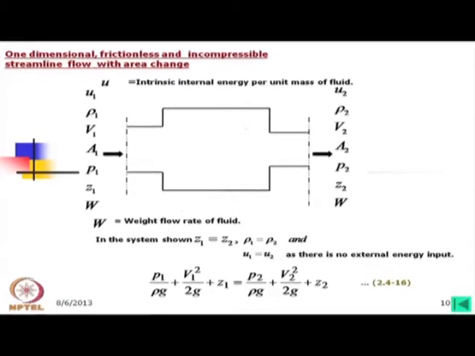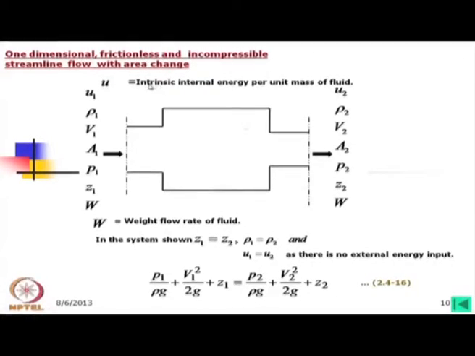Now, let us consider one dimensional frictionless and incompressible streamline flow with area change. Now, in this case again we have considered a conduit which is having inlet area A1, outlet area A2. In this closed vessel or closed tank, let us consider at the inlet